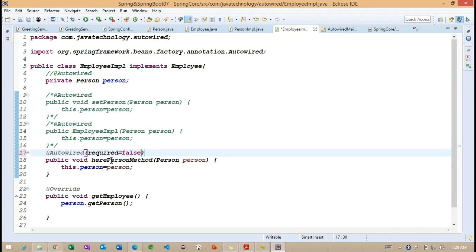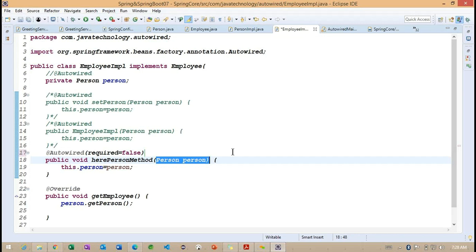Whenever we make this required false, what happens internally? Based on this setter method, this particular person object is not added into this method. Otherwise we may get an exception called NoSuchBeanDefinitionException here.